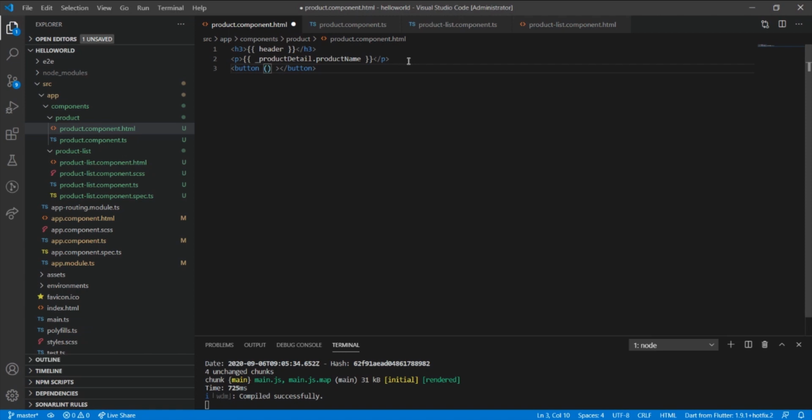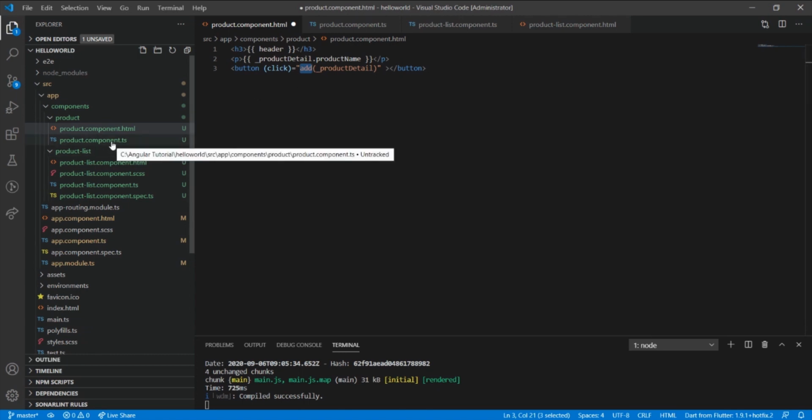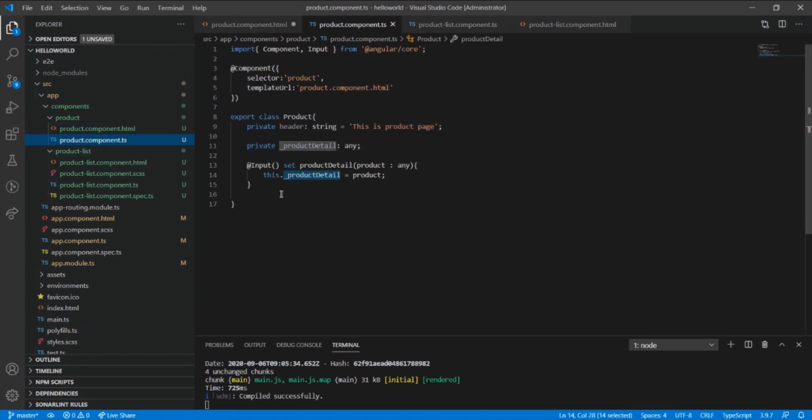And on click of this button, what we'll do, we pass the data from child to parent. So what I'm doing here, I'm passing this entire object. We have to define this add method here in the product component itself. Simply a method.